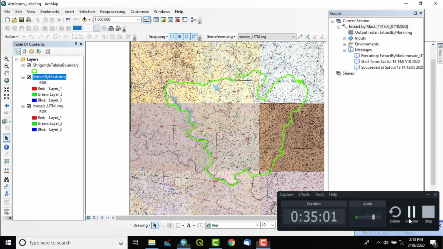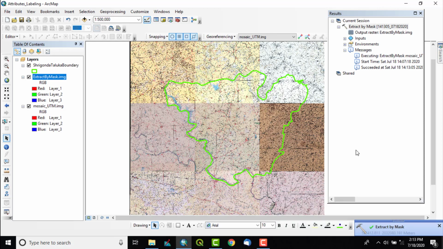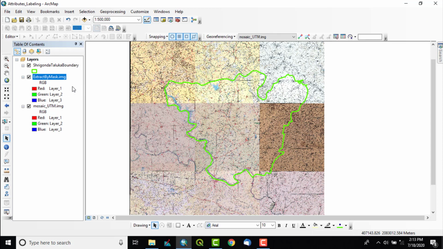I'll skip it. So this tool has been executed. You can see the symbol here has been changed. So earlier it was different. So after success, it was changed to this particular one. So I will close this results window.